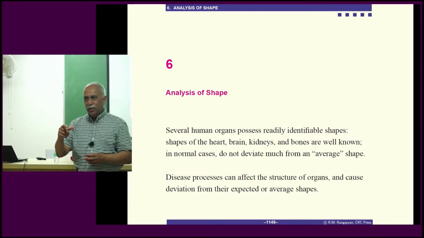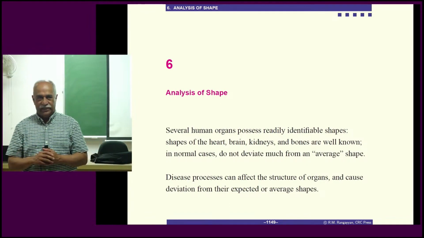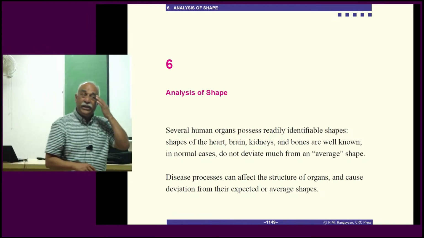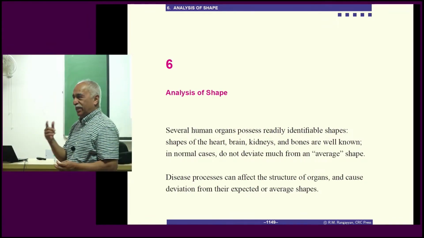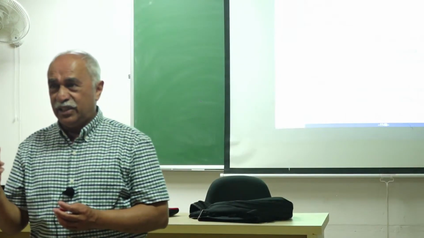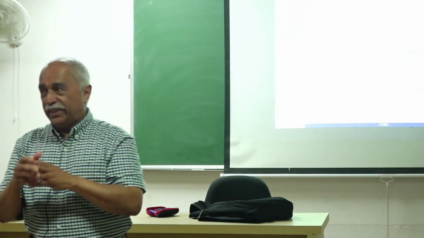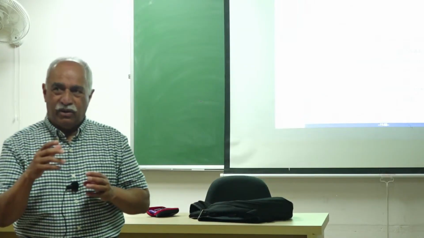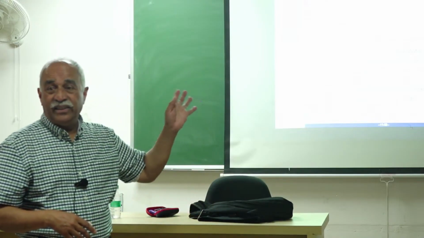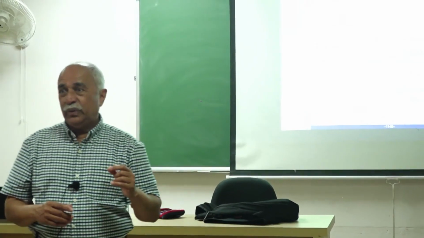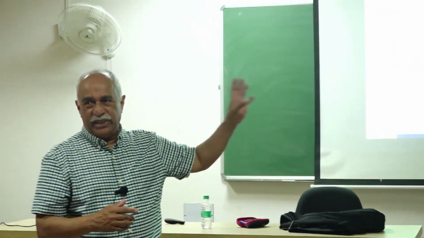I want to keep some time, if possible, to include another research seminar later. And I want to go through texture and oriented pattern analysis in detail. In the files I have sent for you, you have chapters 7 and 8, and there is a file called texture analysis, which is just a few parts extracted from 7 and 8 that I give as a seminar on texture analysis if I don't have the time to go through the material in detail like this. But I think we will have enough time to go through 7 and 8 in detail as much as possible. I'll skip some parts again, keeping the time in mind. But next we have analysis of shape, which will take up